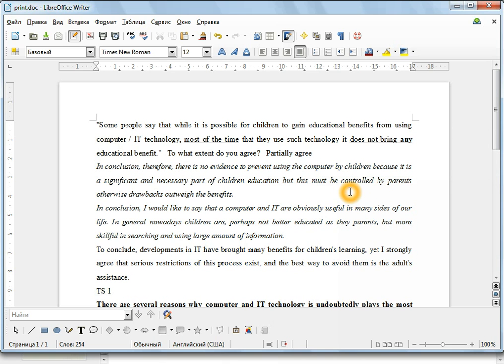But this must be controlled. We use must to give advice. We don't need to give advice here. We just need to agree or disagree with the fact most of the time it does not bring any educational benefit. So we can see in this conclusion it's not clear to the reader what this person's